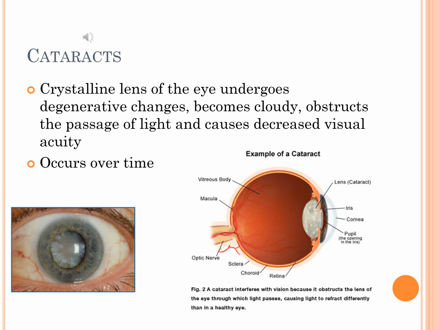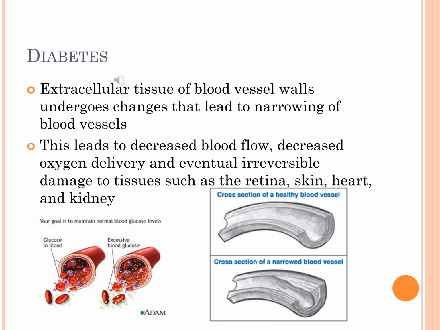Cataracts: the crystalline lens of the eye undergoes degenerative changes, becomes cloudy, obstructs the passage of light and causes decreased visual acuity. It occurs over time. Diabetes: extracellular tissue of blood vessel walls undergoes changes that lead to narrowing of blood vessels. This leads to decreased blood flow, decreased oxygen delivery and eventual irreversible damage to tissues such as the retina, skin,